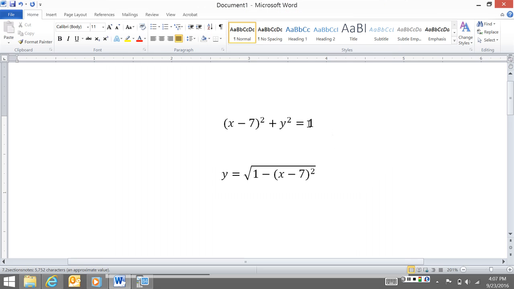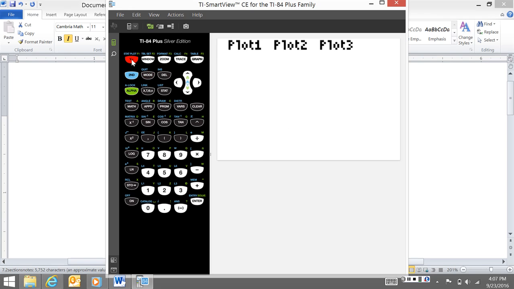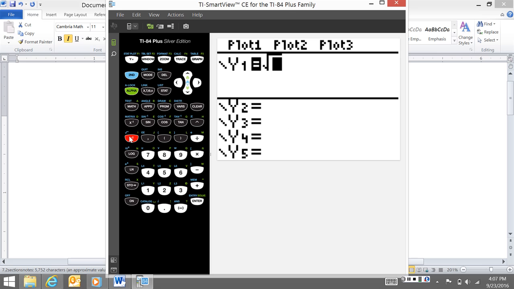So you can see this is my equation of a circle. You know it's a circle. We've got our x squared and our y squared. I've solved this for y. Now, what I'm going to do is go in and graph this. So I'm going to put this in and show you what's going on here. So I've got the square root, and then I've got 1 minus